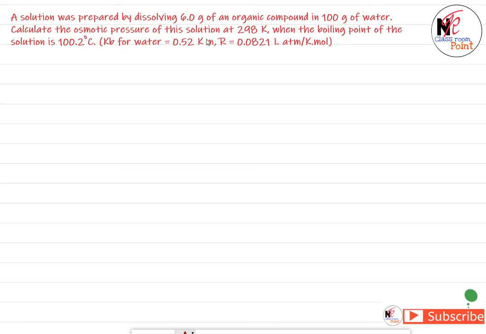Degrees centigrade, and it is Kelvin per molality, litre atmosphere. Everything is correct now. So here, to calculate the osmotic pressure, we must know what is the molecular mass of